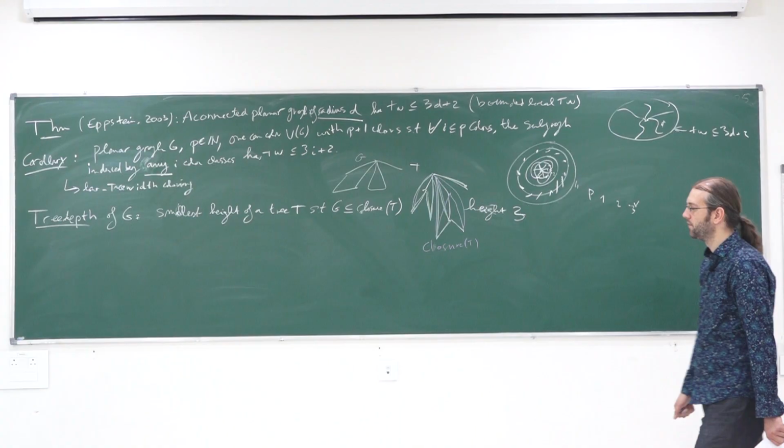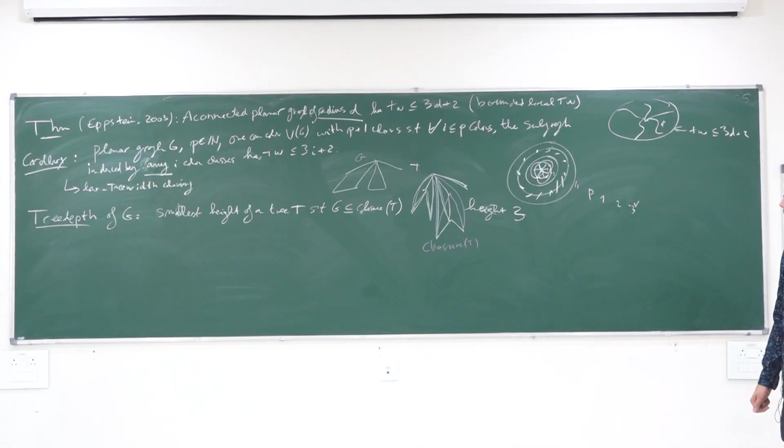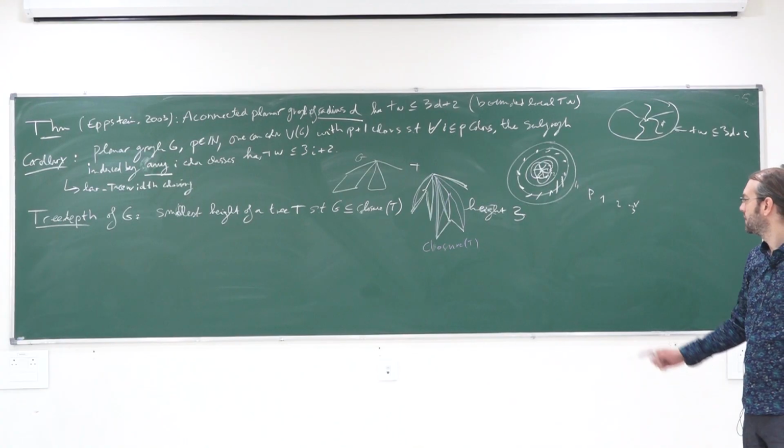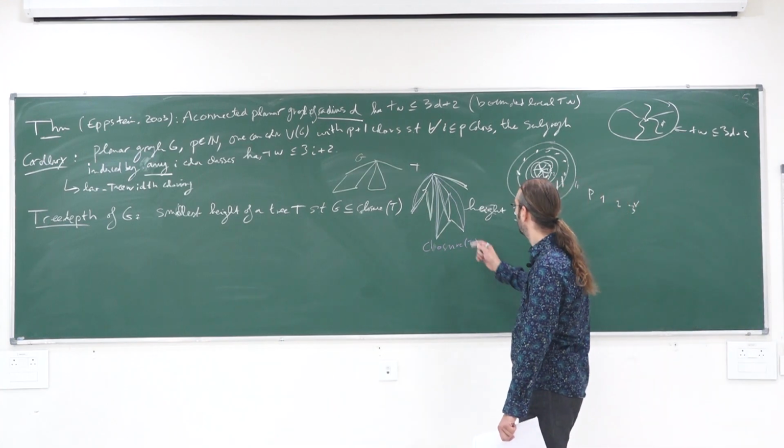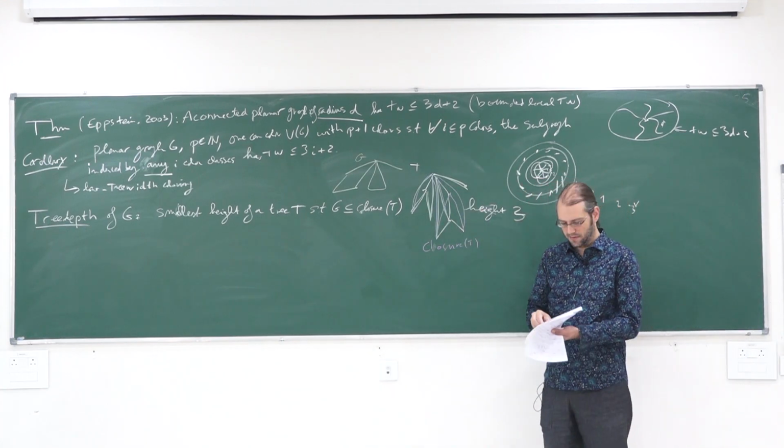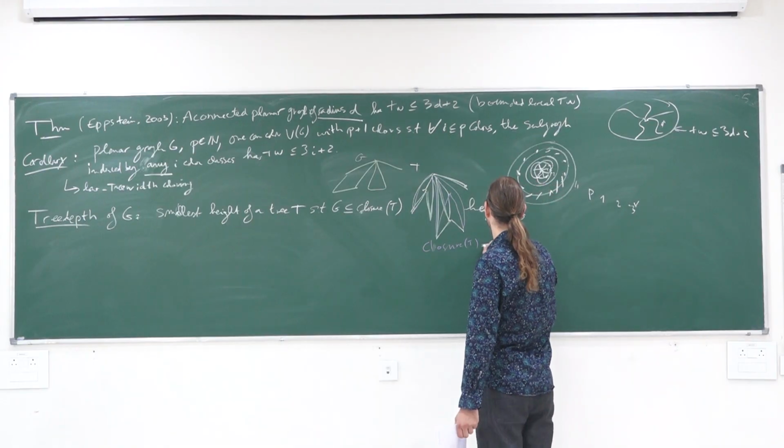What is specialization? This is the closure. So these are the closure edges. All the edges are drawn. So the closure of a tree contains